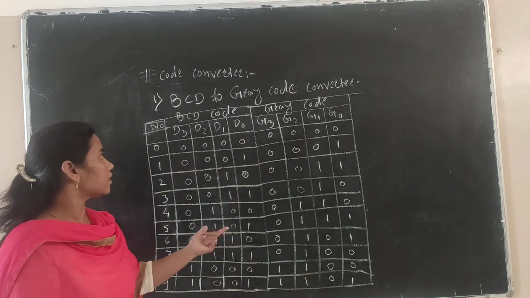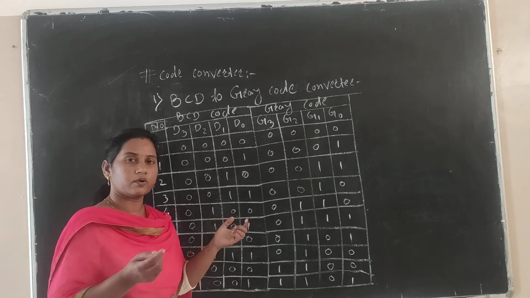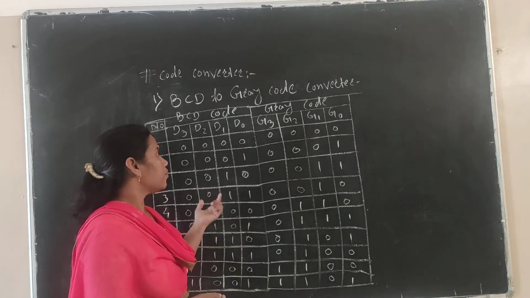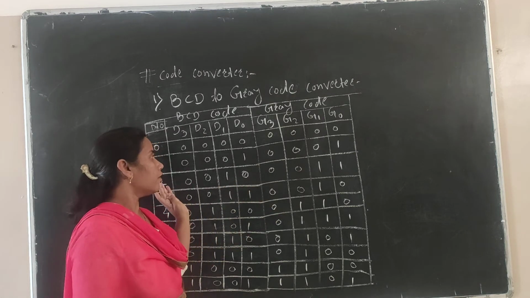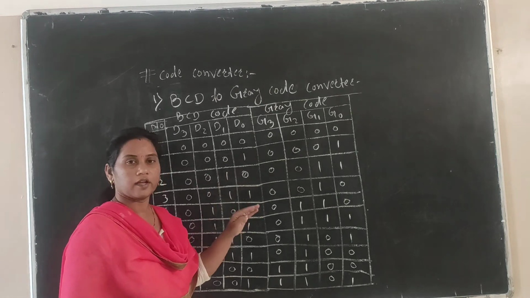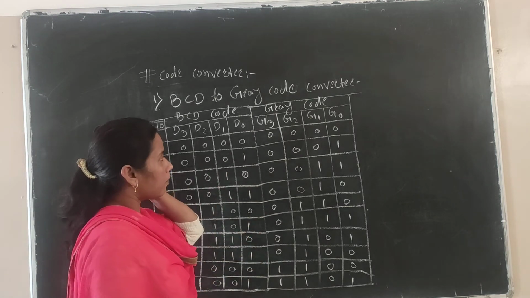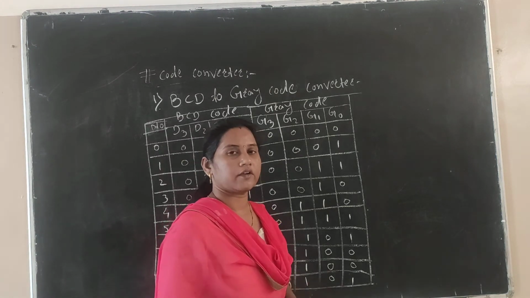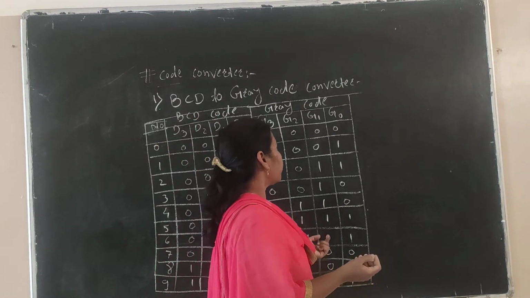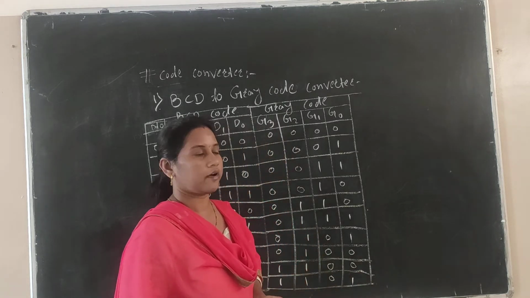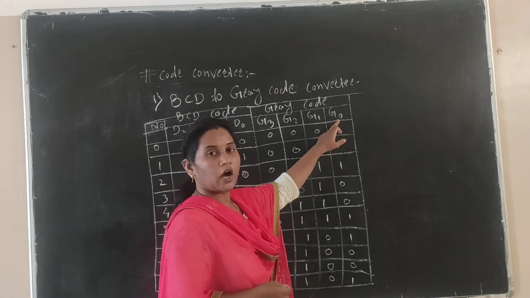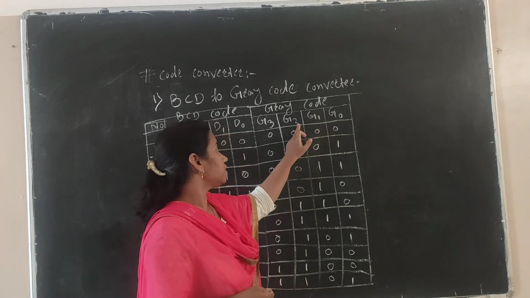This is the conversion. Once you know the logic, the trick for how to convert BCD to gray in an easy manner, you can easily convert BCD to gray manually. Now, by using logic gates, how can we convert directly using the gates? For the realization we require K-map simplification for each output G0, G1, G2, G3.